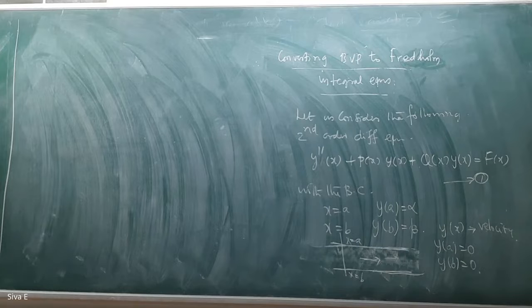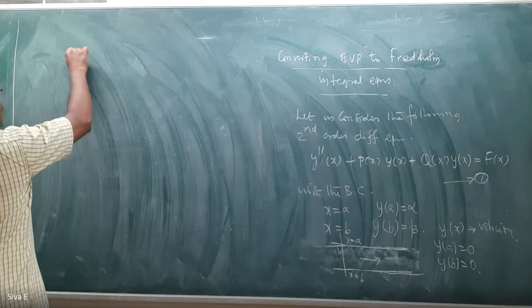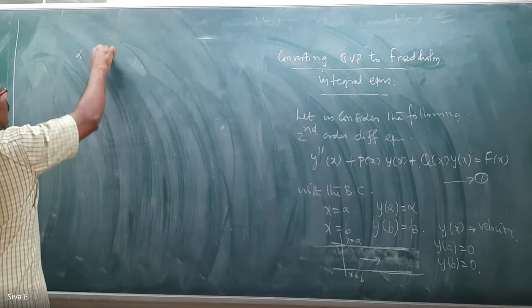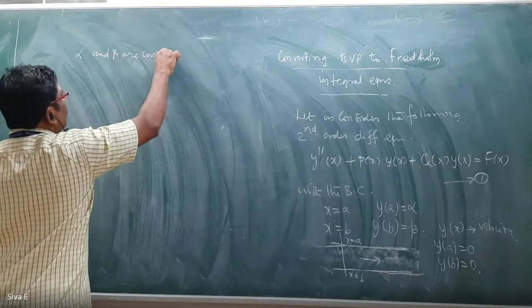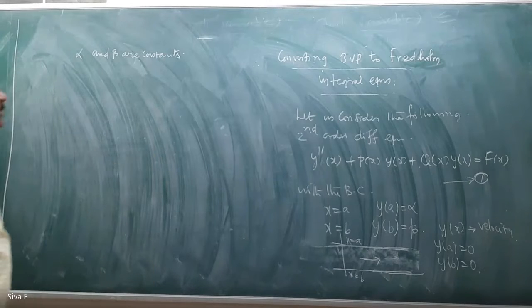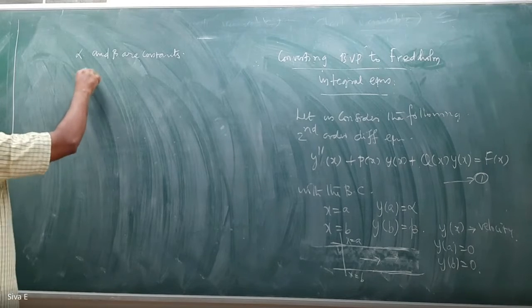So here alpha and beta are constants in case given. Alpha and beta are constants. Since it is the Fredholm integral equation, both the limits of the integration should be constant. If it is a variable, then it is a Volterra integral equation. Let us consider